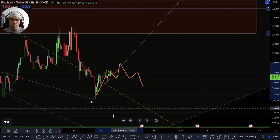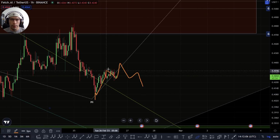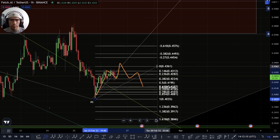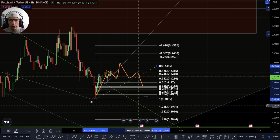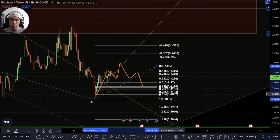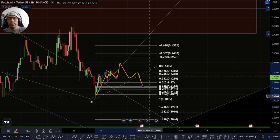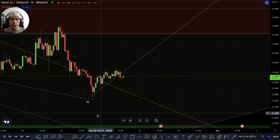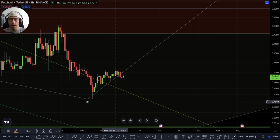Then we want to see that three-wave move, looking for, depending on how high this fifth wave comes, but basically looking for support to come in. I'm going to go into this range here and say 41 cent. If we do start to move below that 41 cent area again, it becomes less likely that we can look for some impulsive structure. But if we do hold that, effectively what we could then be looking at is the